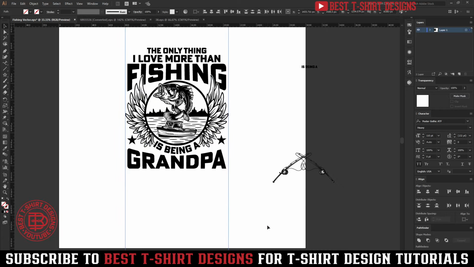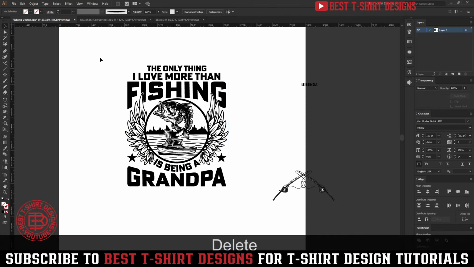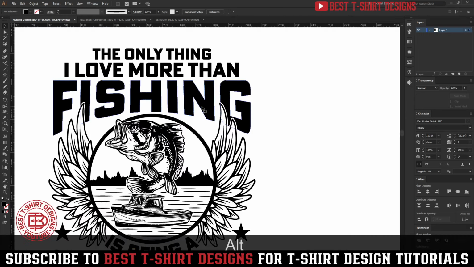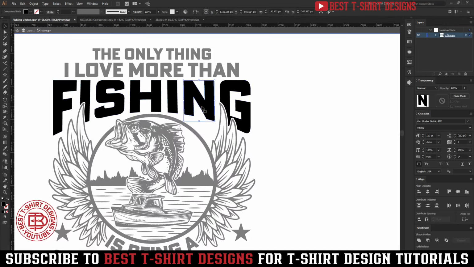Now I want to apply a new trick here, which I was just practicing in some design. In this area I am going to select this text here. As you can see on this fishing group, I applied these wings in the transparency. So now if I try to modify one of these letters like this, it is not going to change anything. It is going to keep the transparency here, and whatever we placed in the transparency is going to be